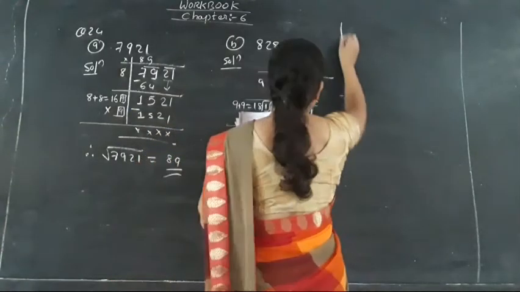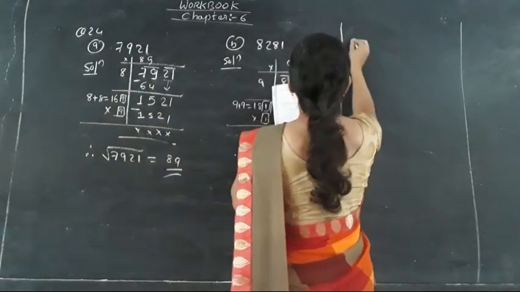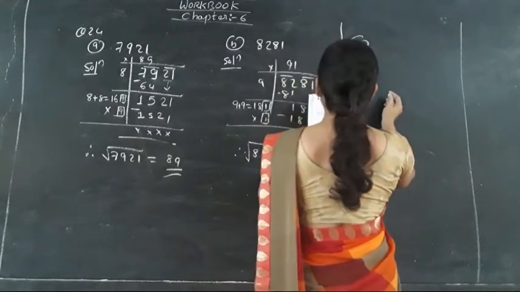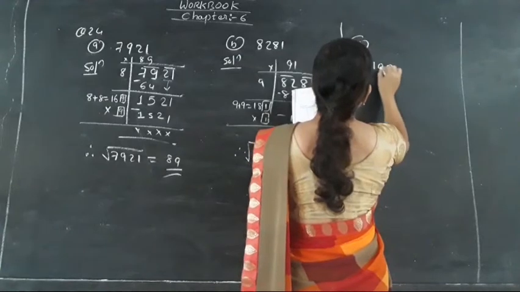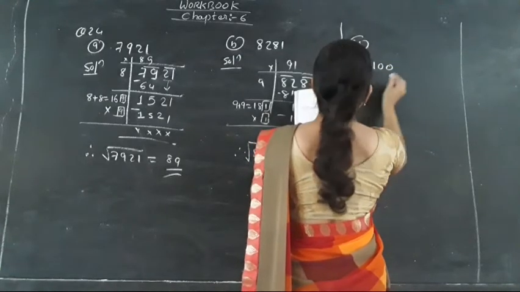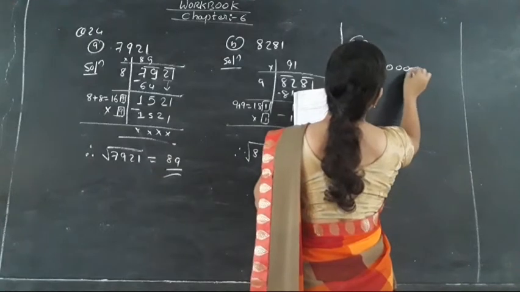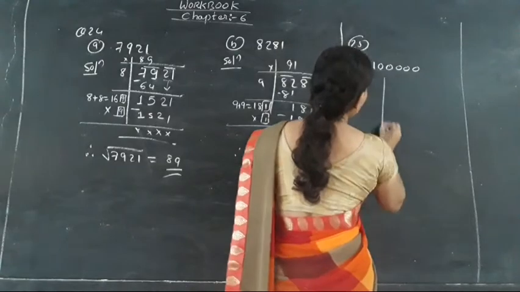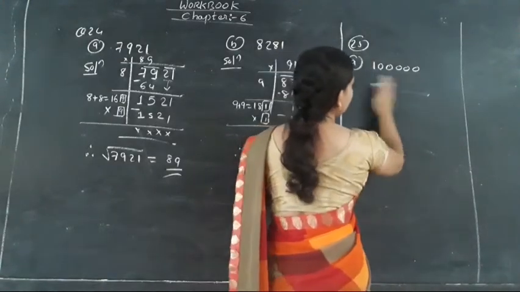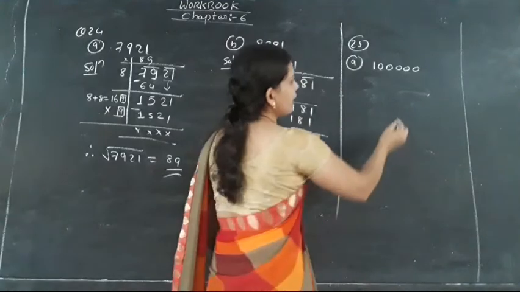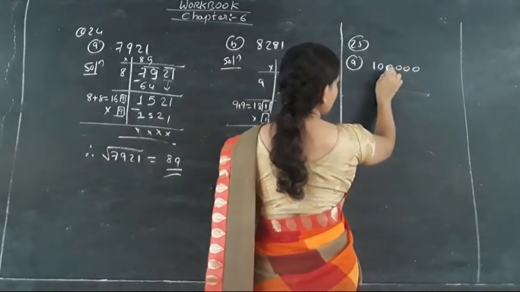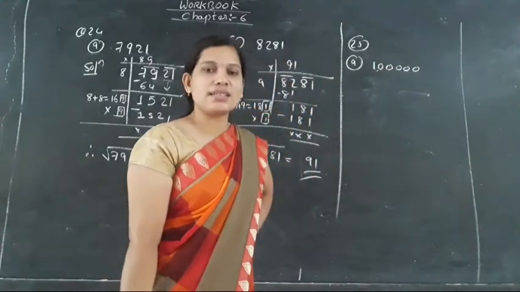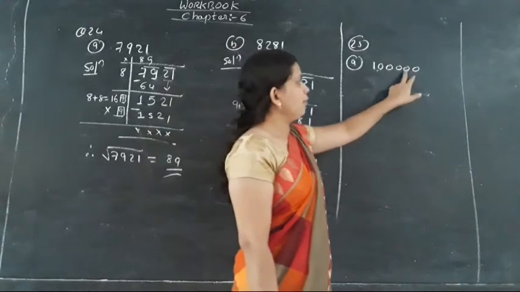So here let us find out. 25th question, A part, we are having the number. So this is the least number. We are going to find the factors of this number. As we can see, the places are ones, tens, 100, 1000, 10,000, lakh, isn't it? So 1 lakh is there in this number. It is a 6 digit number: 1 2 3 4 5 6.